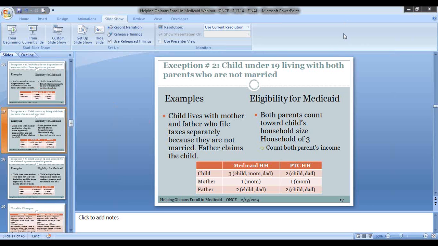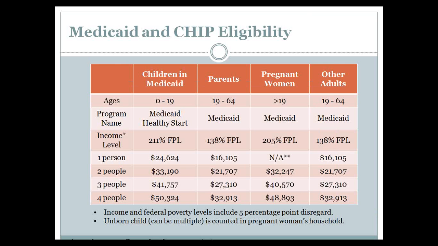And if Tricia or Deanna or anyone wants to add anything else to that, or Zach, to how you figure that out, feel free. Well, I know you've got a chart in the webinar that shows the income levels for the different programs. I think it gets a little more complicated when you have families where their children would be eligible for Medicaid, but they themselves would be eligible for premium tax credits. And then I think we will eventually resolve this communications problem.